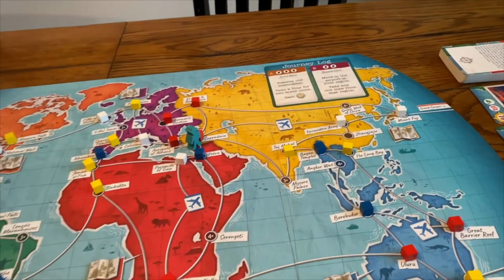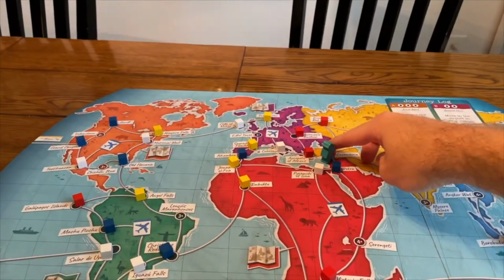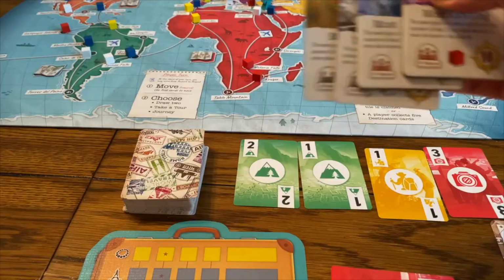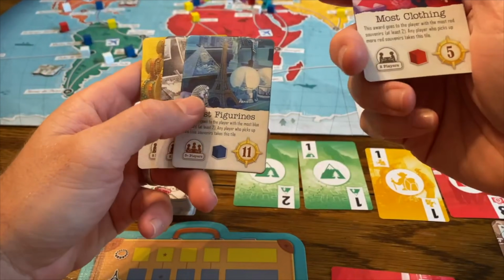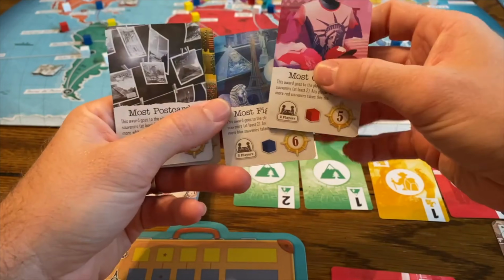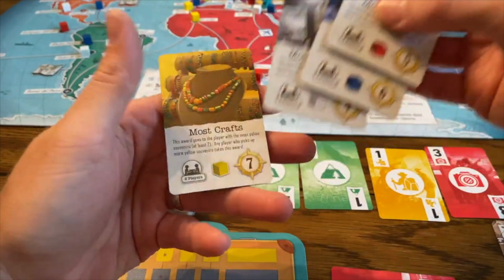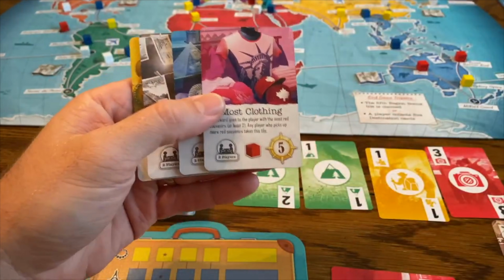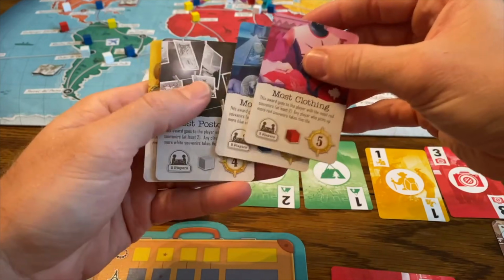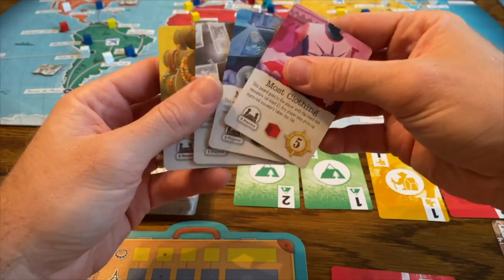Cappadocia, which is good because now, by the way, you would take the cube that's sitting there where you stop. These are souvenirs. There are these tiles for the souvenirs. You have the most clothing here, 2 plus. Most clothing, which are the red cubes, most figurines with the blue cubes, most postcards, and most crafts. These work basically just by, if you have the most, you'll keep this in your area, and if someone surpasses you, they will take it from you, a la Marvel Splendor, like we just talked about in a review